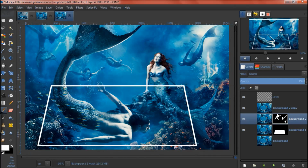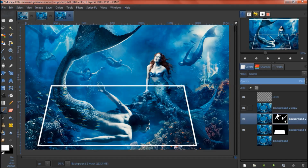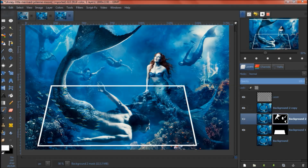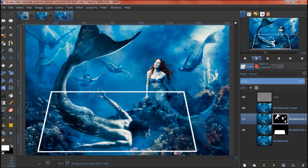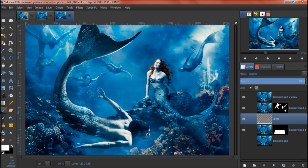Let's zoom out some more. Alright, we got the fish, we got the tail cut out. We got her cut out. We got that guy in the background. I guess I could cut out that other guy, but it's going to take more time to cut it. Grab that border that we made, and let's go ahead and move that down